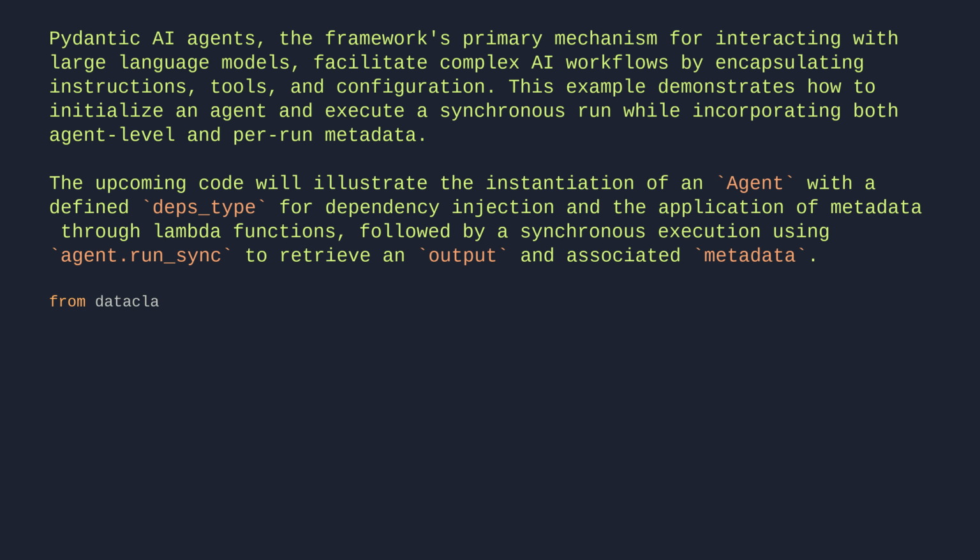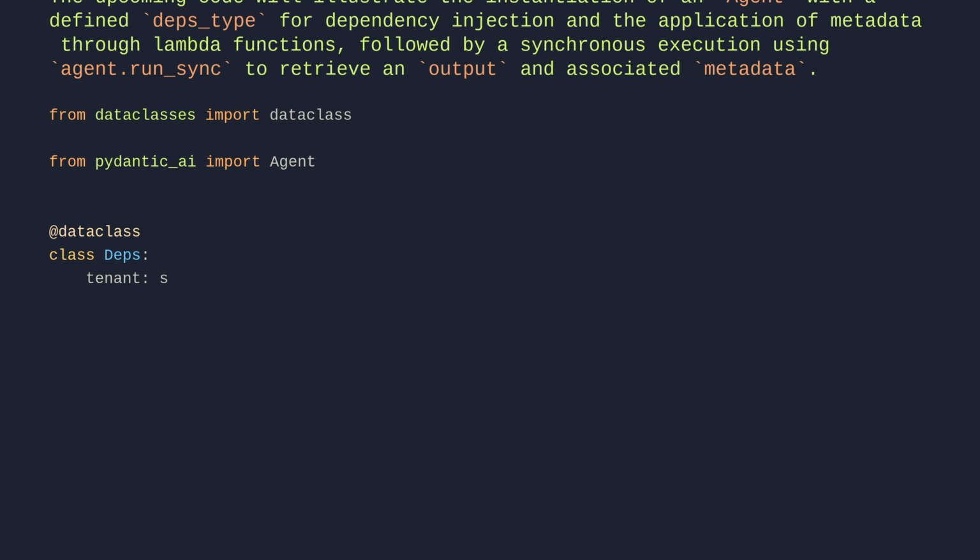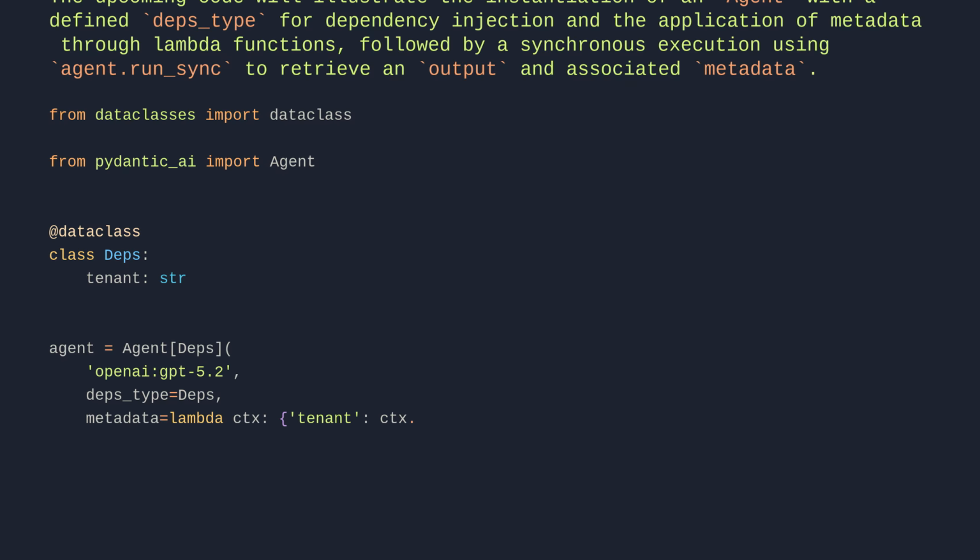From dataclasses import dataclass. From pydantic_ai import Agent. @dataclass class Deps: tenant: str. agent = Agent('openai:gpt-5.2', deps_type=Deps, metadata=lambda ctx: {'tenant': ctx.deps.tenant}) # agent-level metadata